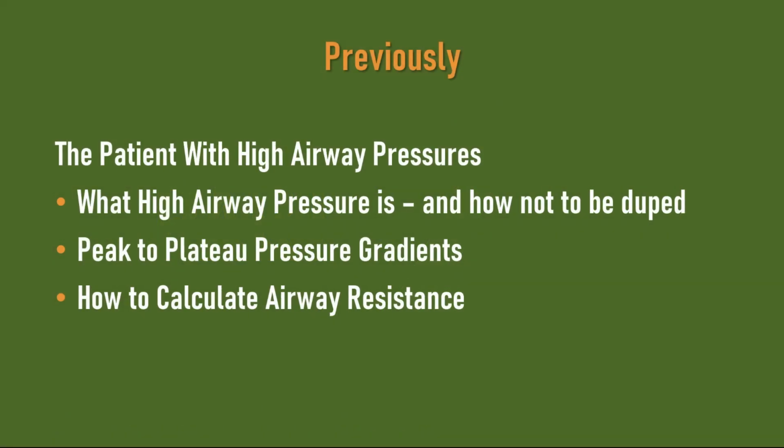In the previous tutorial, we looked at the problem of airway pressure alarms in the operating room and the ICU. I explained what high airway pressures are. Usually, those pressures are being measured on the machine side of the breathing system. So if airway pressures are being measured as high, it can either be a patient problem or a machine problem. What I mean by that is a problem with the breathing circuit. You must eliminate a circuit problem first to ensure that you do not administer therapies for a patient problem that